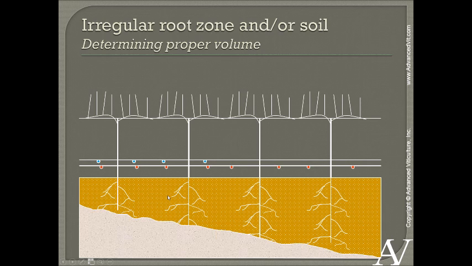Again, I'm kind of a North Coast focused person. I work mostly in the North Coast. It's a lot different than in the Central Coast, where you're pretty much dry to begin with. But the concept is still interesting, I think, regardless. Some of these concepts will apply to both regions, but right now I'm thinking more on the North Coast, where we start off with a fully moist profile, but knowing that this section on the left will dry out before the section on the right, we put in an extra line here with other emitters